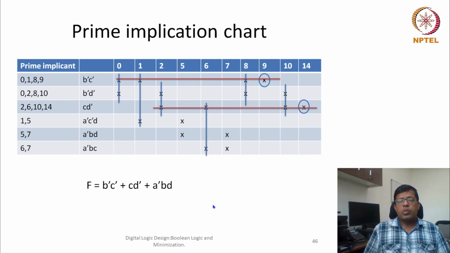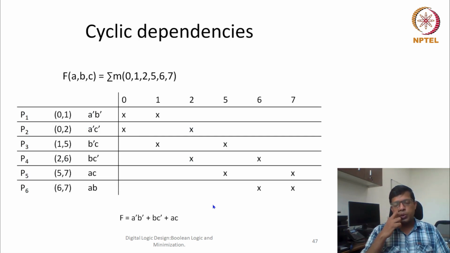And the method is generic, it could be applied to all other possibilities. Now sometimes whenever we are covering, some special challenges can come. So for example, we don't see any min term which creates a single essential prime implicant. So let's say for this particular example, my function is ABC, it has only three variables, A is the most significant one, and the total min terms are 0, 1, 2, 5, 6 and 7. I have already created the possible prime implicants, and I have also created this prime implicant chart.